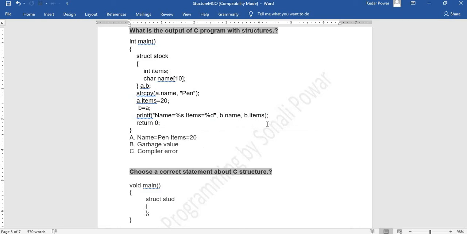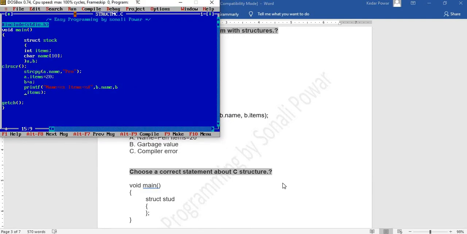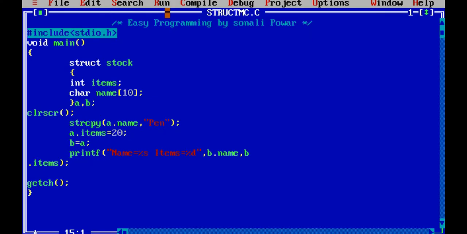Through the program I will show you the output of this program. I have written the program, and I will show you the output. Now you can see I have declared one struct stock structure. After that I have copied pen and the 20 value into A dot atoms. After that I have written B is equal to A. It means copy all values of A into the structure B. After that I just printed the name part and atom part of the structure B. I will just execute this program.